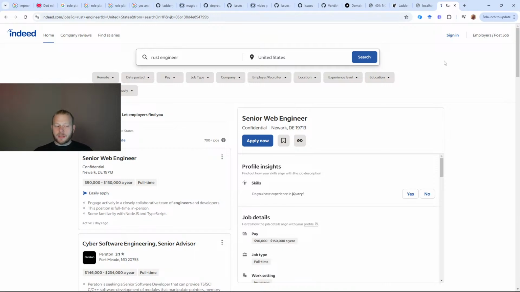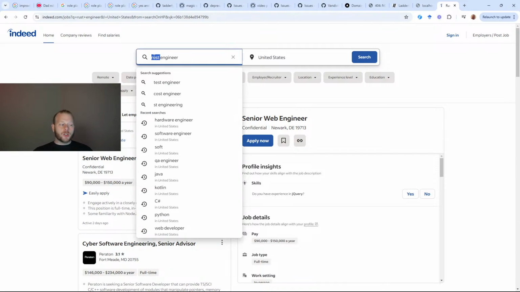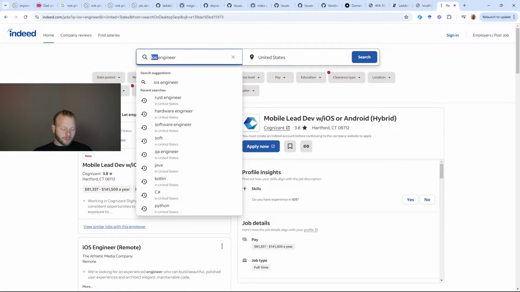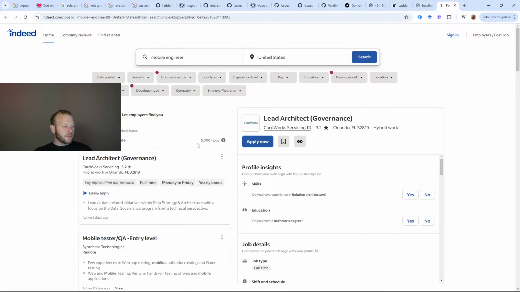What about iOS? iOS is in demand. It's in lesser demand, but it's still absolutely popular. So iOS engineer, well, look at that. You need to play around with the keywords. A lot of times it'll say like mobile engineer. So, thousands, but not tens of thousands. You can absolutely get a mobile developer job, but it's relatively niche compared to general software engineering and full stack development. So if you want to capture the wide net of possible jobs, I recommend starting as a full stack developer and specializing later.